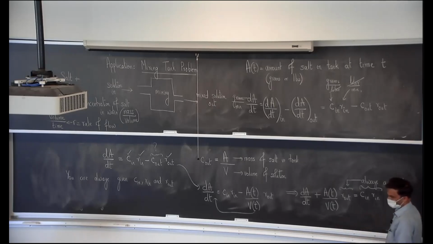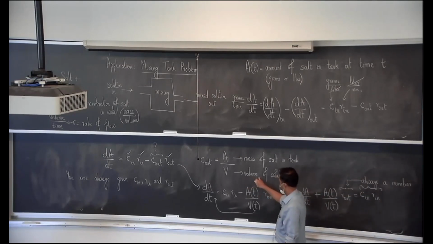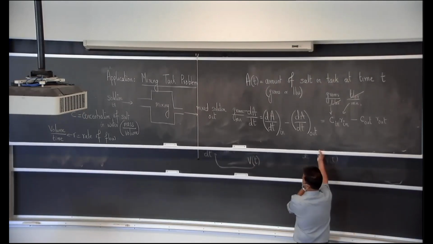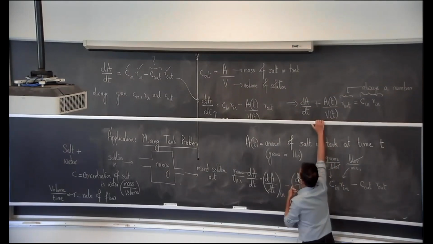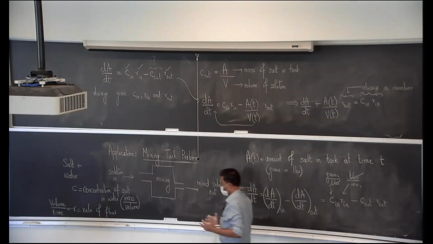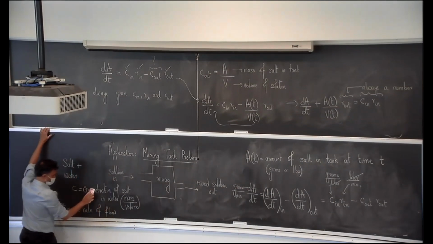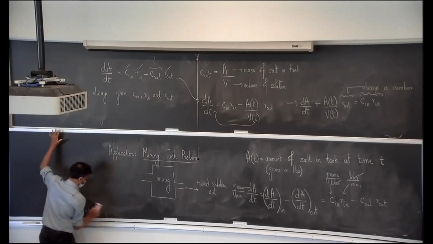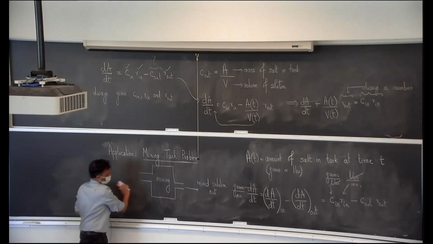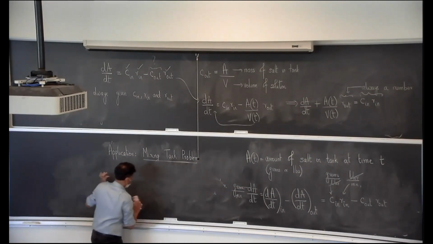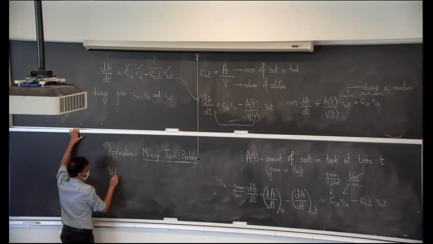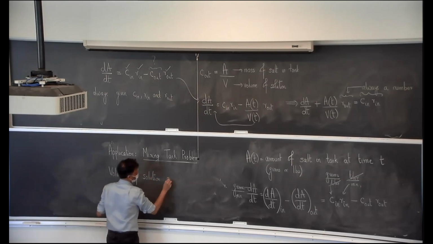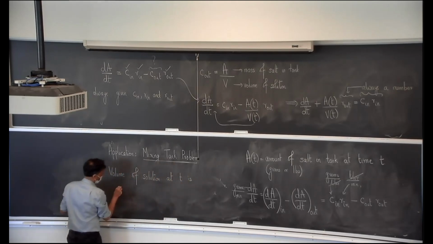So the next question is, what is V of t? We wrote that it is the volume of solution that is in the tank ready to flow out, but then how do you find that? So it's a slightly long process now. We are going to write another differential equation to solve for V. When you erase this nice picture, the volume of the solution at time t is given by,